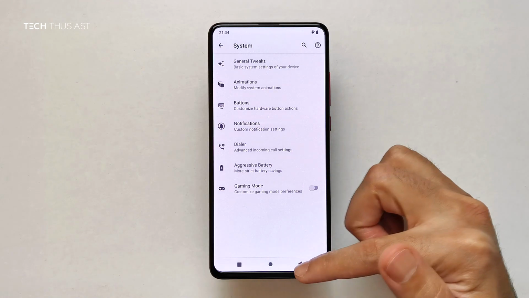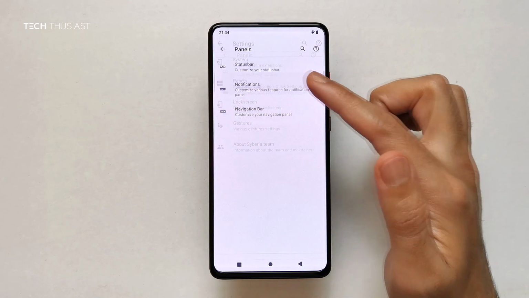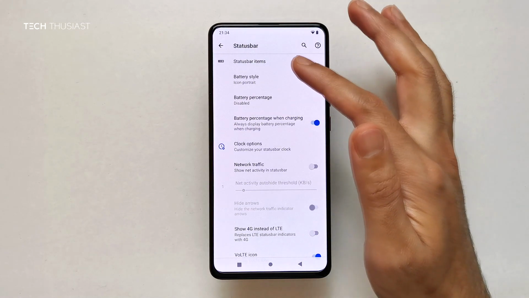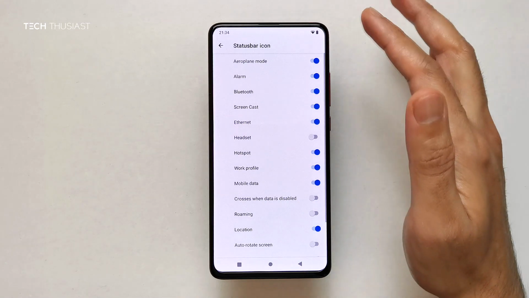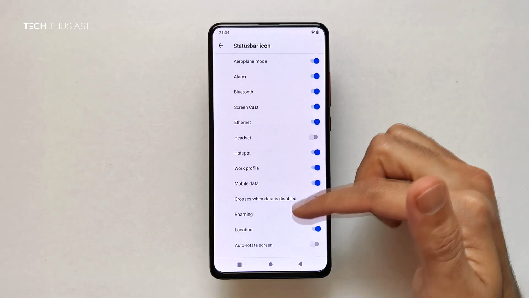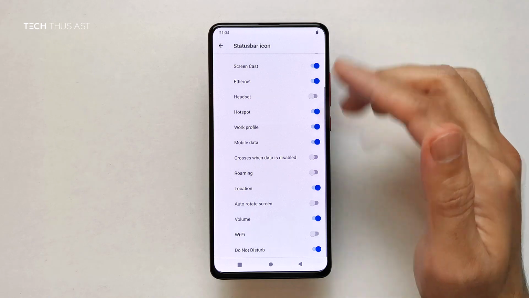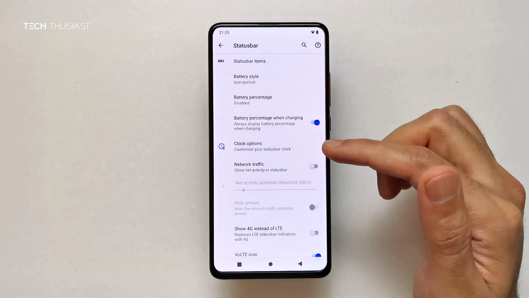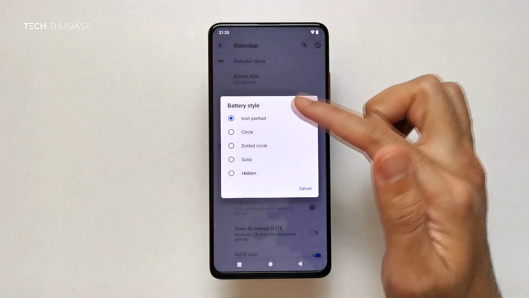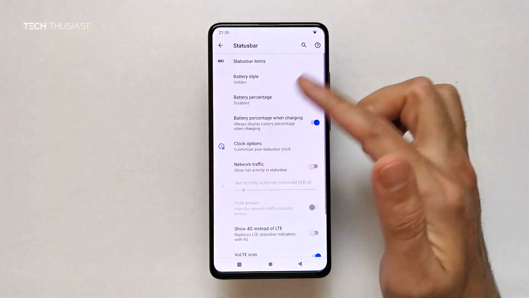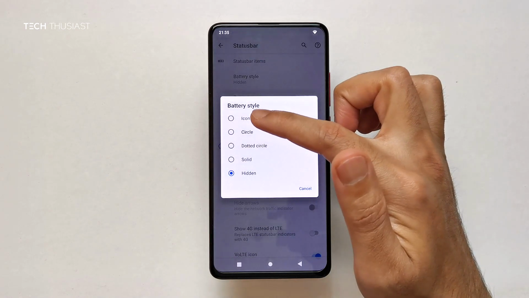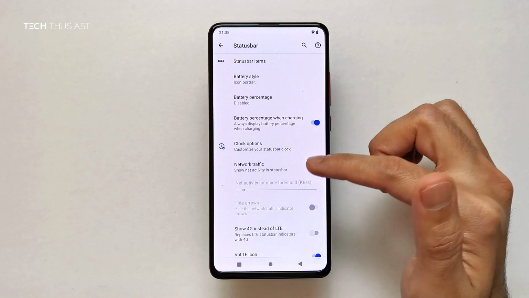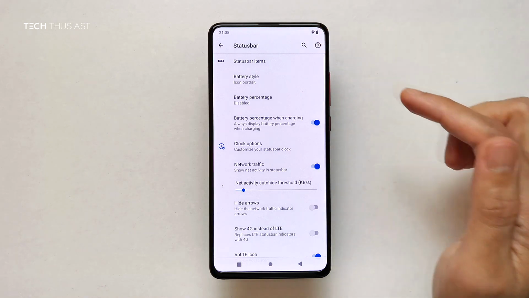And yeah, so that's the systems. Now if you go to panels, status bar, so again you can disable some of the icons from the top. So a prime example would be Wi-Fi, and you can pretty much hide any status bar icon. So we've got battery style, you can also have it hidden if you want, but I prefer to have the battery icon. Again, there's a lot of options. You've got the traffic network info as well,